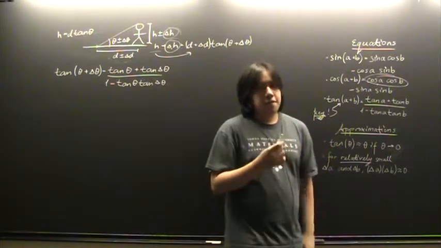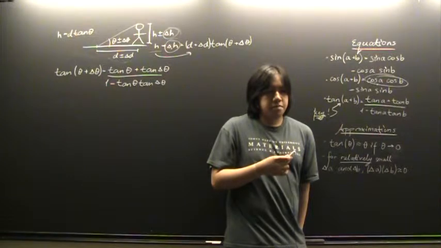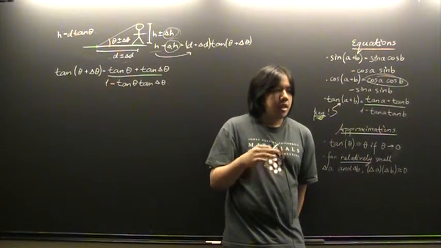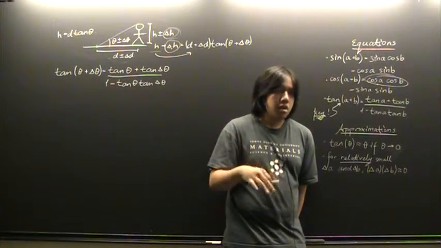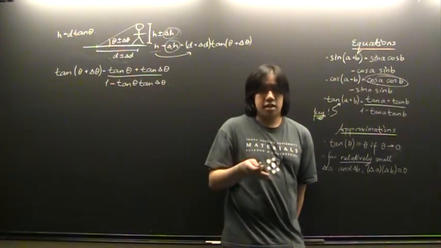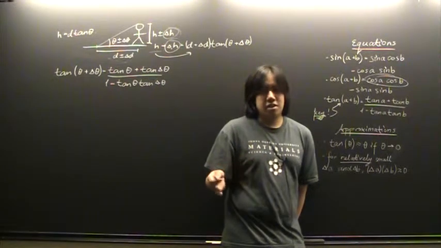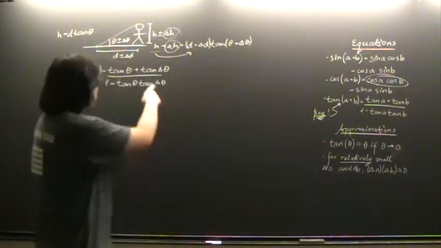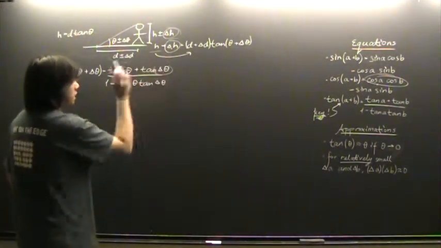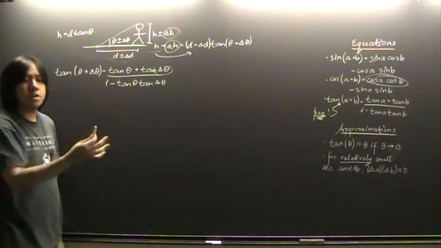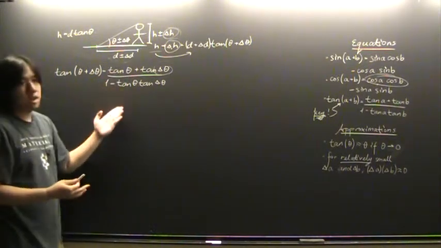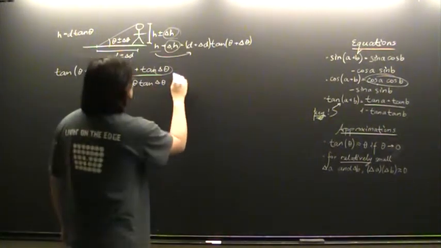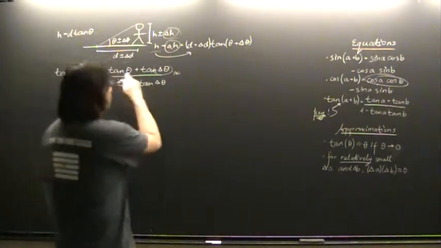That says that if theta is really small, tangent of theta around the origin behaves quite linearly, as in tangent of theta kind of looks like theta itself. So we can make that approximation here because delta theta is a really small number, right? We're assuming it's really small in comparison to theta. So if that's the case, we can say that this is approximately equal to tangent of theta